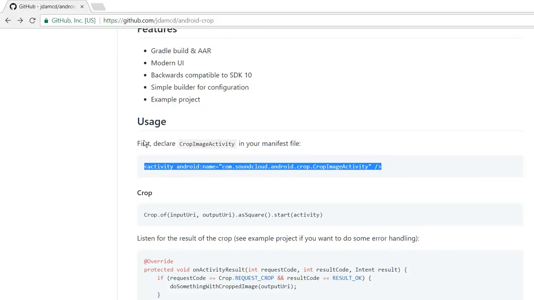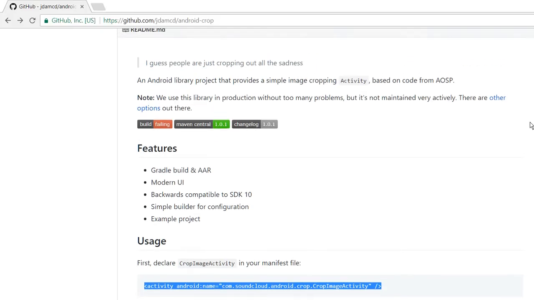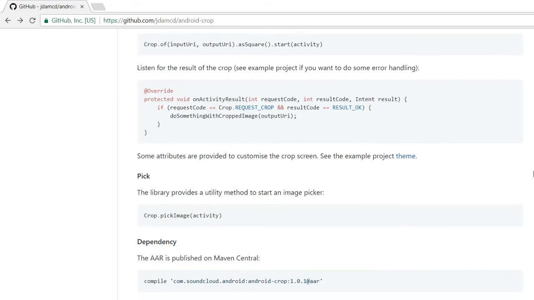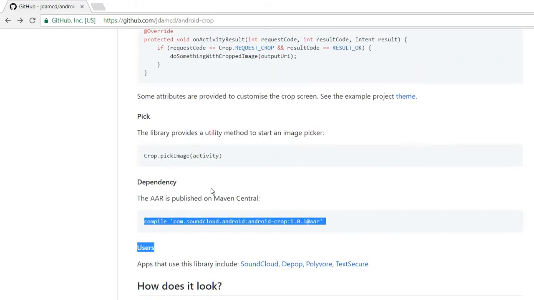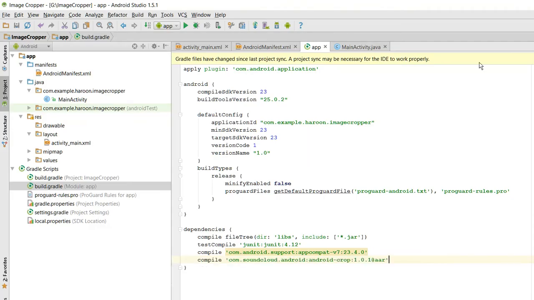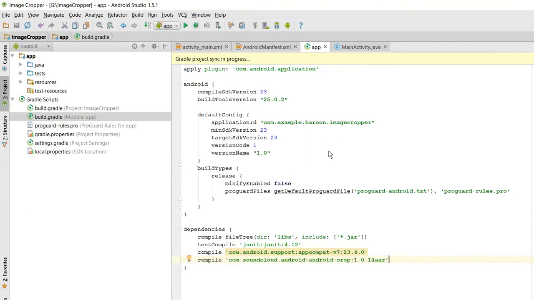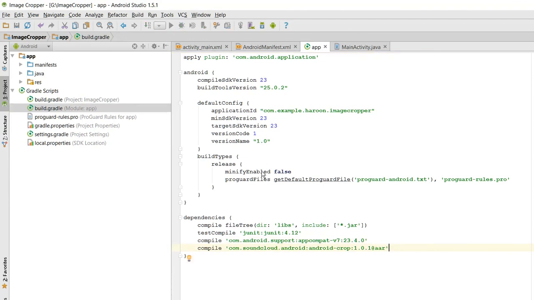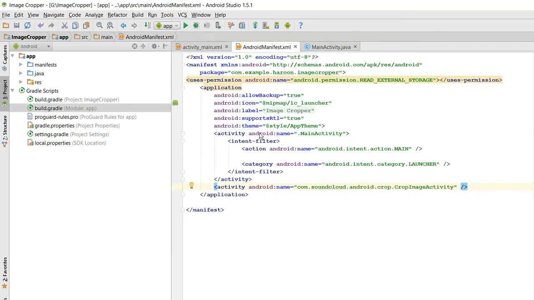So for that, this is the dependency. So I click on sync now. As you can see, the Gradle build is now finished, and now as you can see, the error is now gone. Alright,